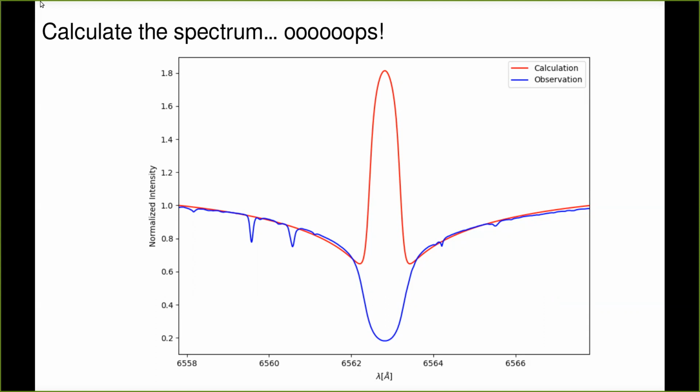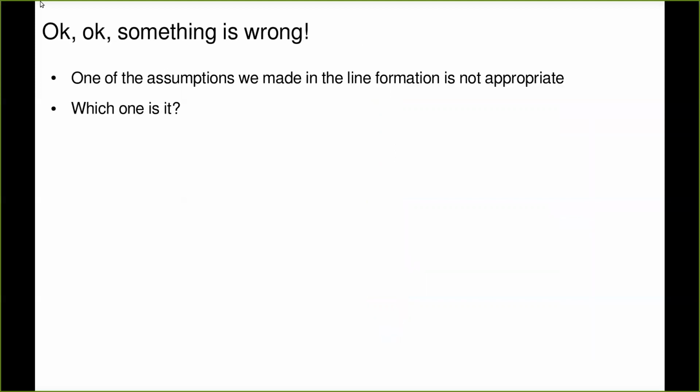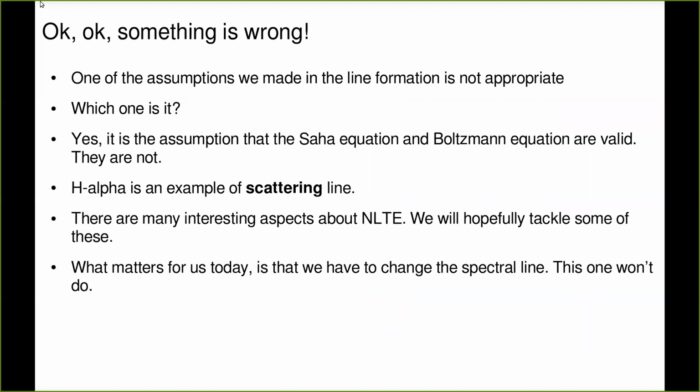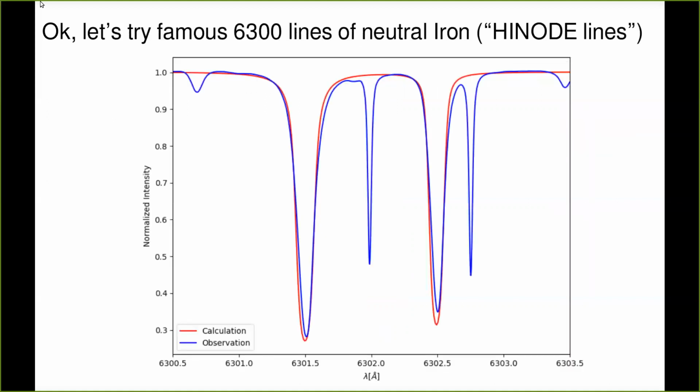So in this case, this is exactly what's happening here. This is at the core of what we call non-LTE. So the H alpha line is a line where these effects, the impact of radiation on the excitation state and the ionization state, are very important. And to properly get the shape of the line, we need to take that into account. We can't do that now. We will do that in another course. Probably not here. So we're going to restrict ourselves.